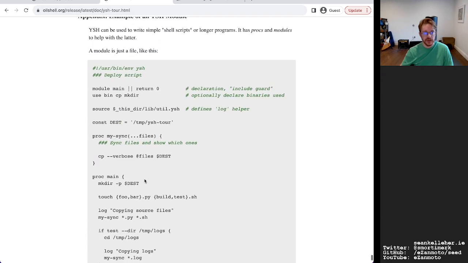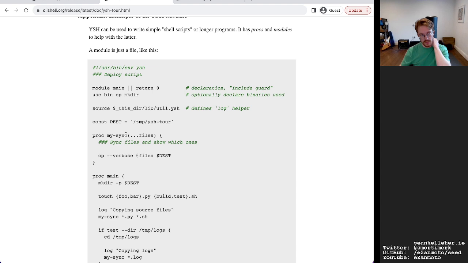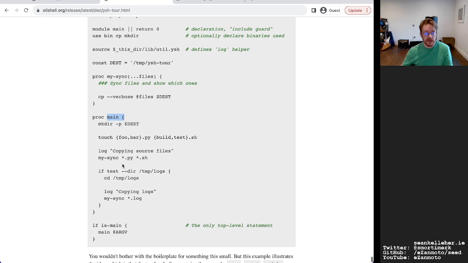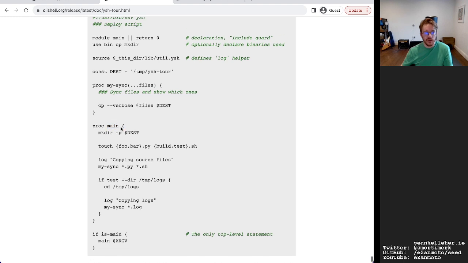Example of a YSH module. So we go declaration with a guard. I think having guard stuff in, actually that's nice that again it has a main call. I think guards, that's the type of thing I feel like it could be nicer to have built in support for.